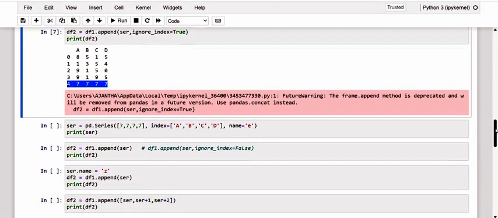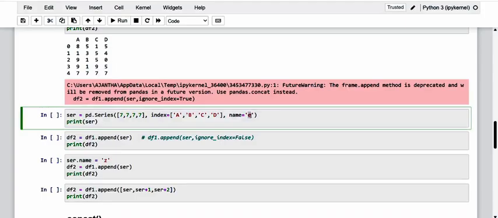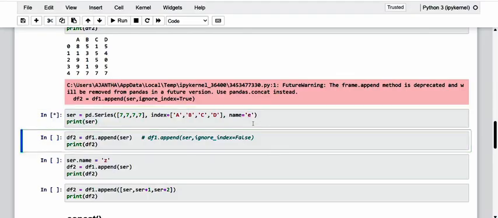So here, when we make use of this, we give it an already defined name and then add it to the data frame. Note that the series name will become the index label of the corresponding row. So if you create a new series, specify its name with the desired label name, and here I have passed a label name, E, and let me create it.